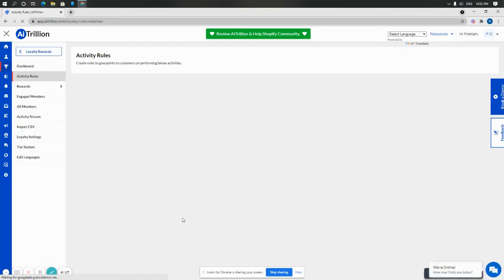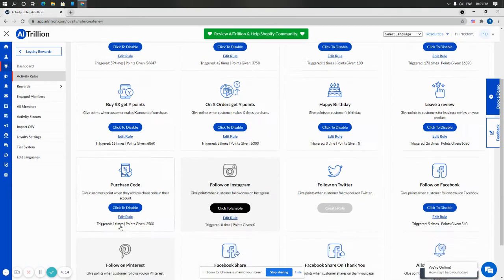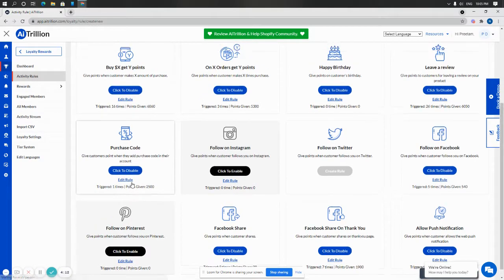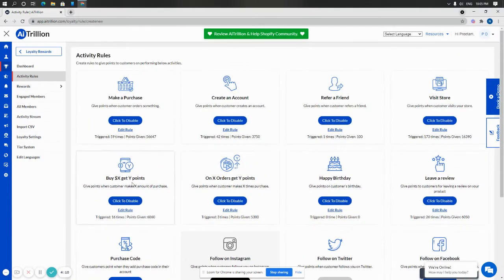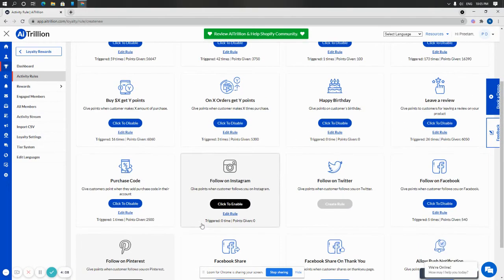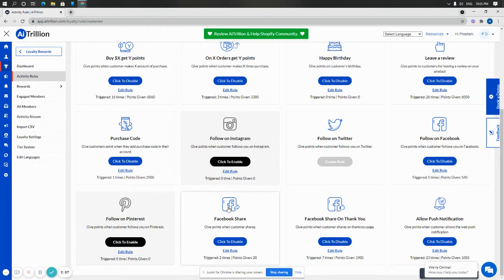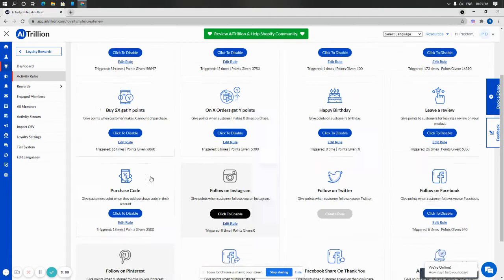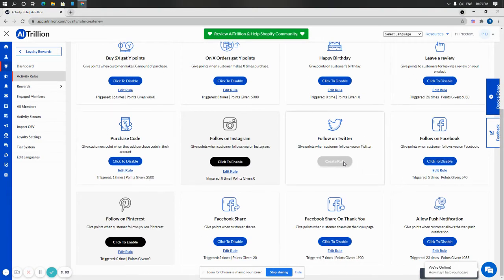These are all the options that we offer for you to be able to give loyalty points to your customer. If you are enabling a rule for the first time, you'll probably be clicking create rule. If it's something you have disabled and you're going to enable, you'll see click to enable. And if it's something that's already running, you'll see click to disable. So let's say for a follow on Twitter,